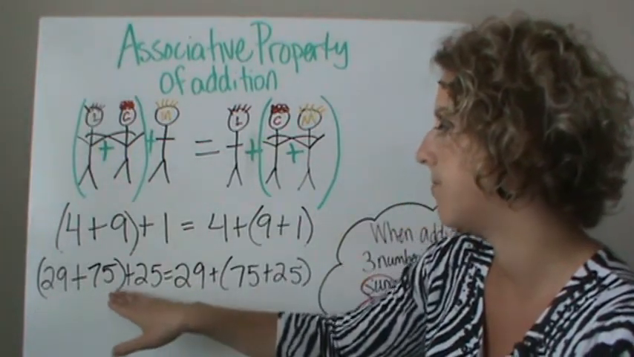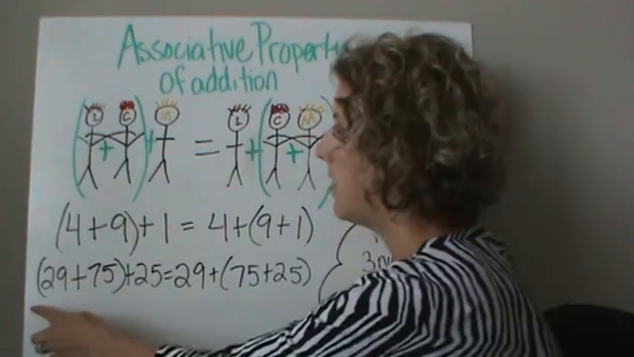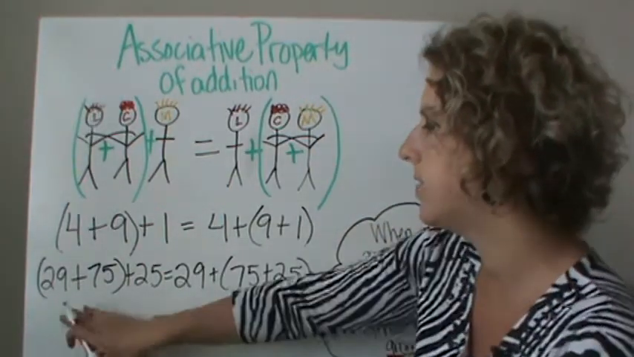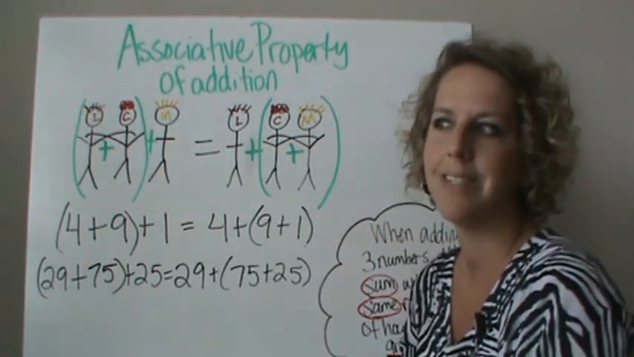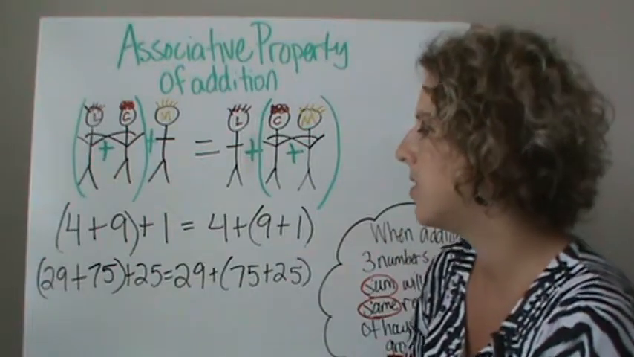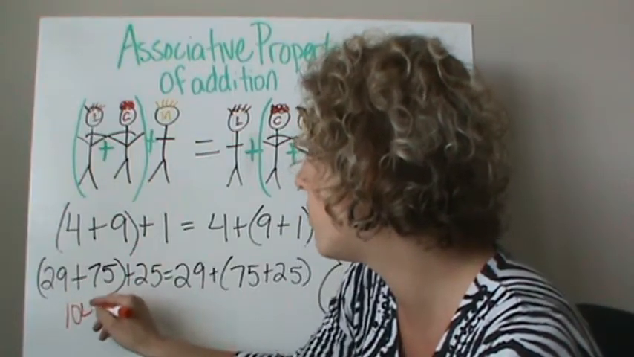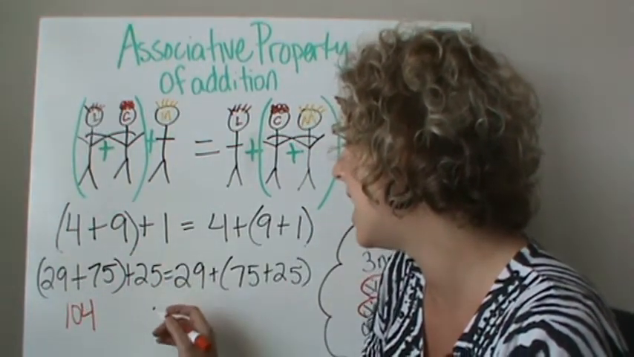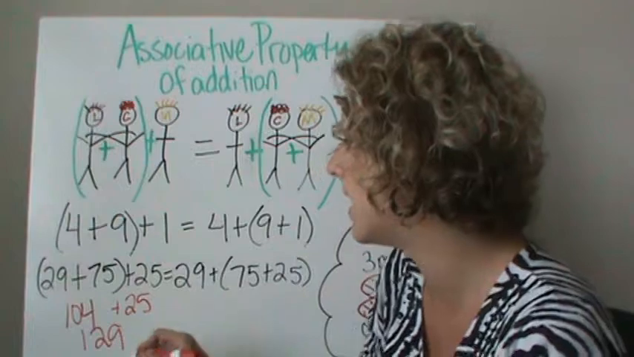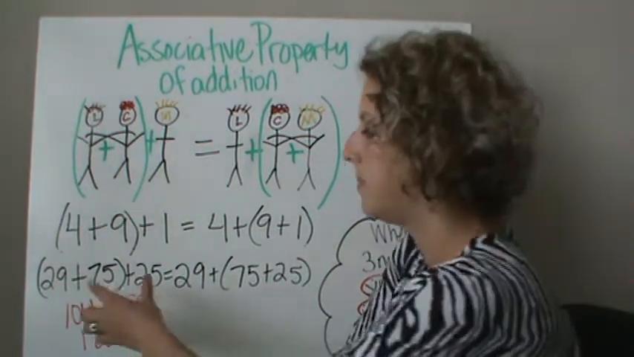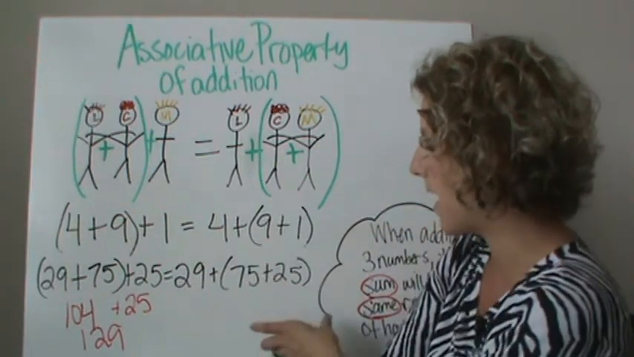29 plus 75 plus 25 equals 29 plus 75 plus 25. The numbers are grouped differently. So in this first example, let's see, 29 plus 75. Takes me a minute to think about that. So 29 plus 75, 104, okay, plus 25, all right, so that's 129. Takes a little bit longer to add this type of grouping,